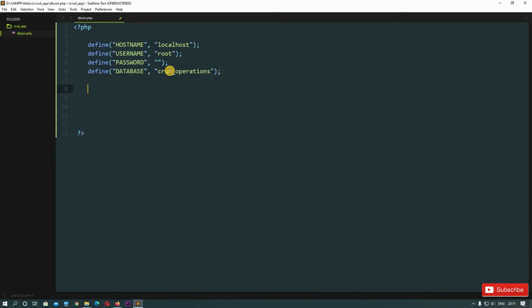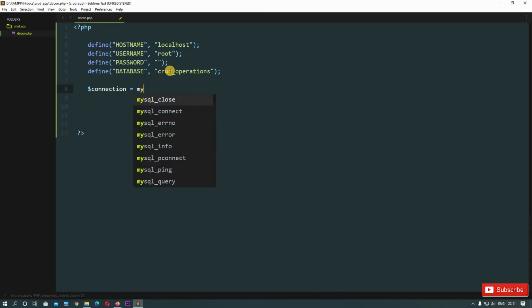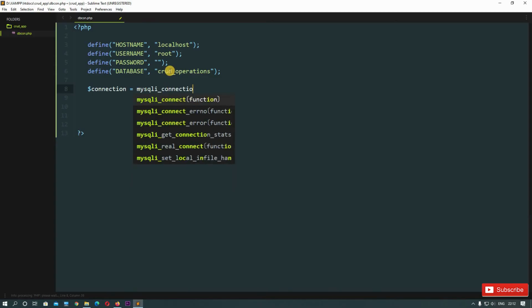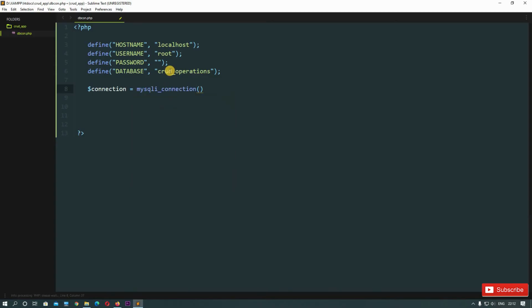Now let's create a new variable and call this variable connection. So in this variable we will store our connection. Now we need to declare a function mysqli_connect, and this function will make the connection between our application and our database, and we need to pass in here 4 parameters, which will be the 4 constants that we have just created.